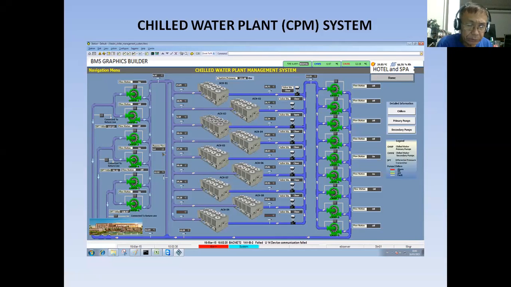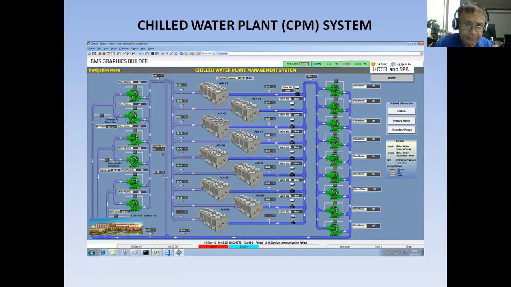This CPM is the one responsible for supplying all the chilled water requirements to all the cooling systems of a building, like air handling units, fan coil units, and fan control units.